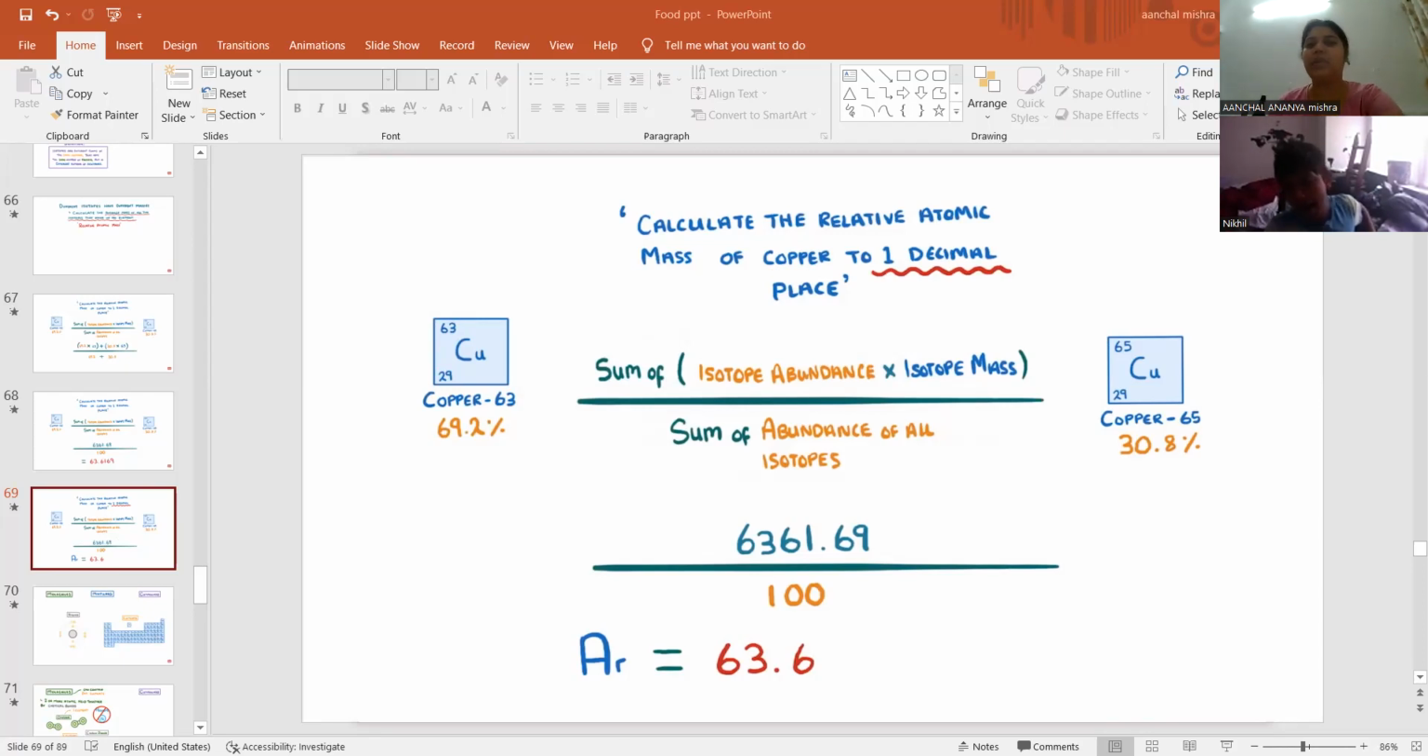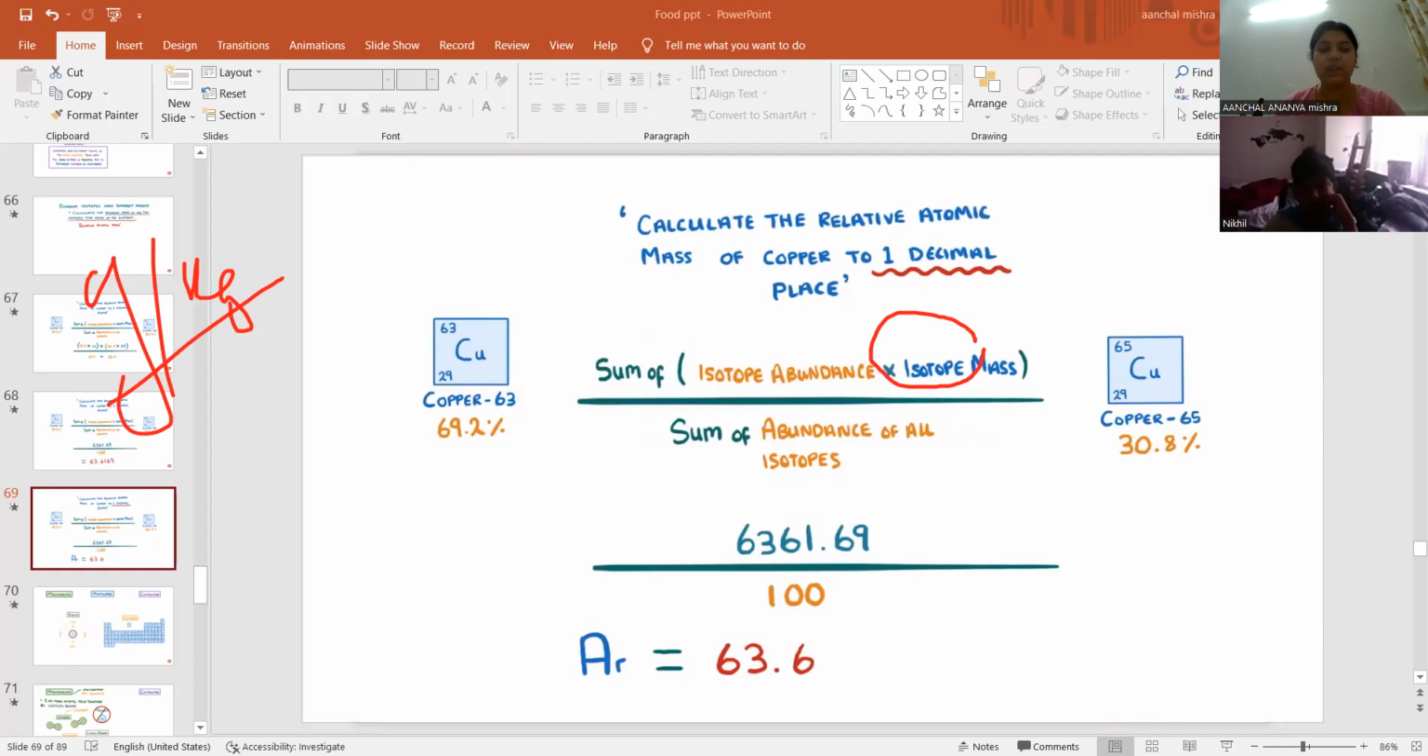An element has the following natural abundances and isotope masses. 90.92% abundance with 19.99 atomic mass unit. This is the atomic mass unit. We don't write grams or kilograms for an atom. What is the unit we use? We use AMU, the atomic mass unit. So 19.99 AMU, 0.26% abundance with 20.99 AMU, and